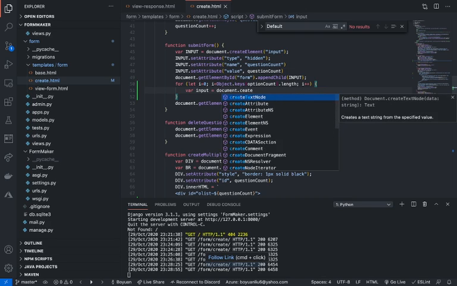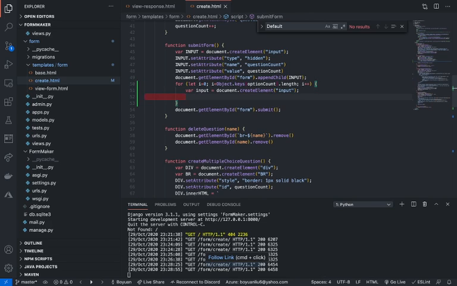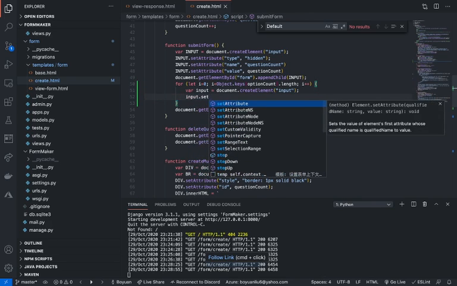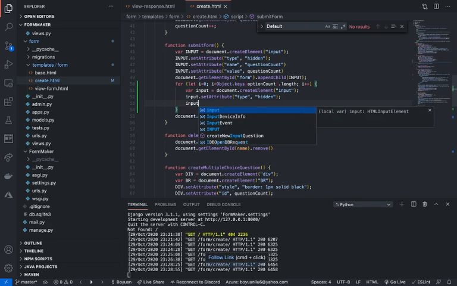Create element. And let's see, input the set attribute, obviously is hidden. So type is hidden. And then the name is going to be